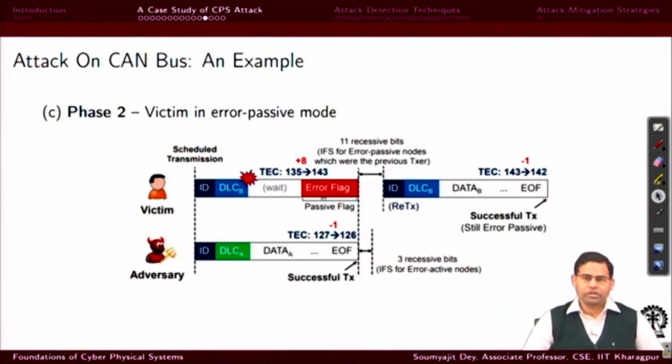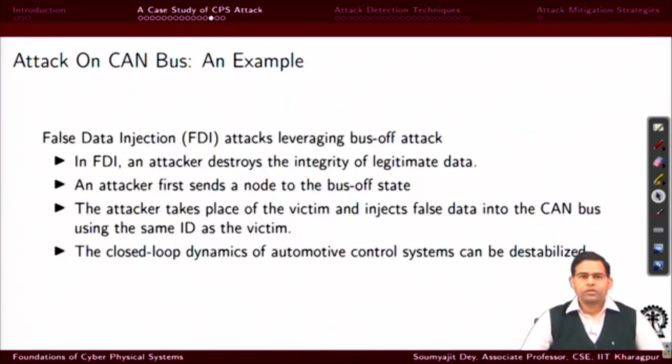So, it is in a bus off state for some period, and that is when the adversary who is sending messages with the same ID, those messages will keep on going, and it can create instabilities, it can create unsafe situations with plants, right. So, this is how in the false data injection